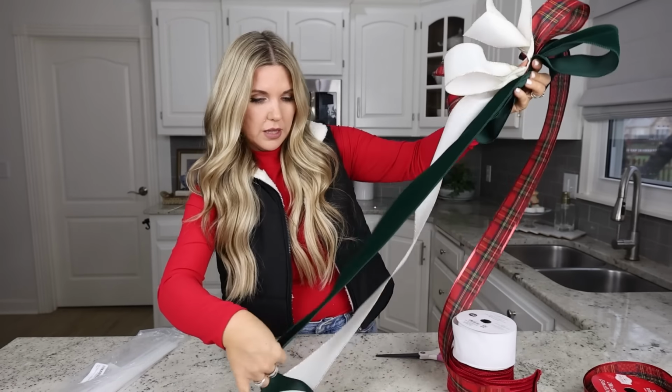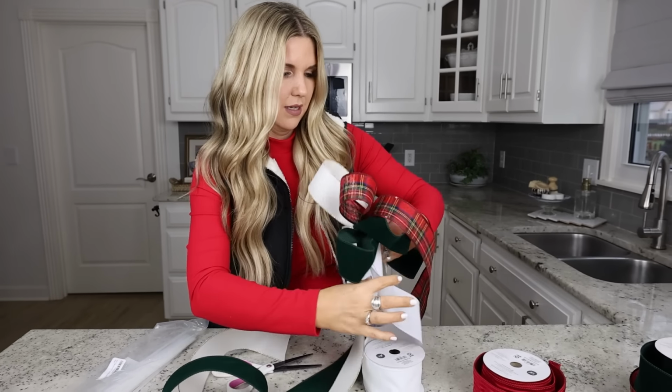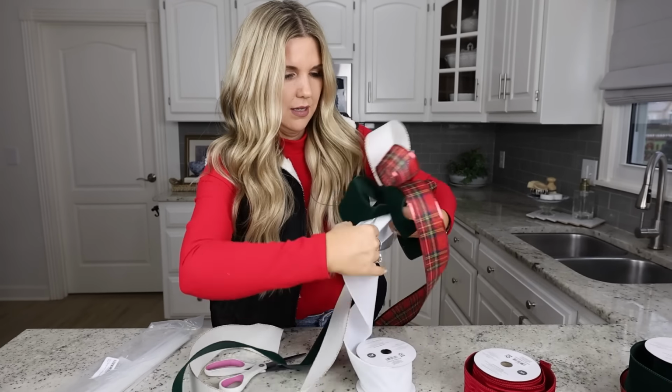However many ribbons you add is gonna be up to you depending on how big and fluffy you want your bow to be. I'm gonna keep going. So I'm gonna go in with this white ribbon, and I'll do a little backing piece. Make sure that my velvety side is facing out. I'll make my loop,